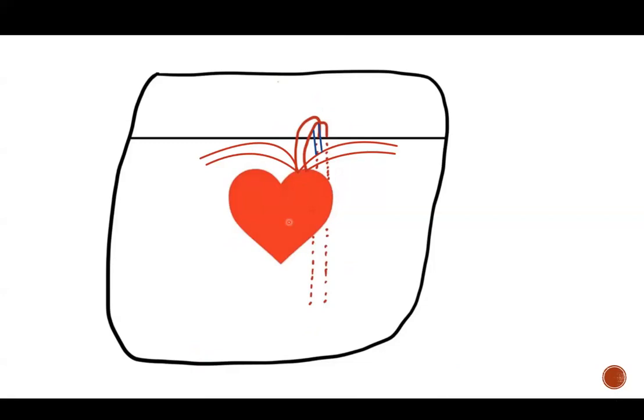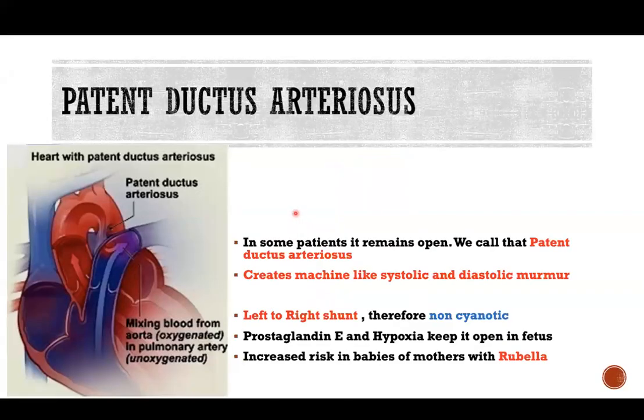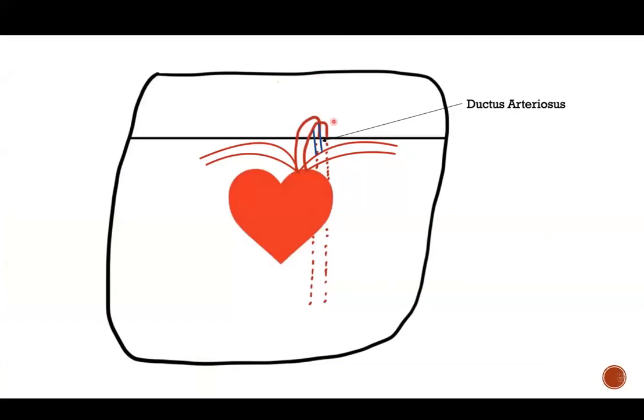If it doesn't degenerate and if it doesn't close, if it remains open, we call the clinical case patent ductus arteriosus, okay? So what happens in patent ductus arteriosus? In some patients, it remains open, okay, and it causes a machine-like systolic and diastolic murmur. So you're hearing the murmur the whole time in systole and diastole, and it's machine-like, okay. Now this is a left to right shunt. So the blood moves from the aorta to the pulmonary trunk, okay, and that's why it's